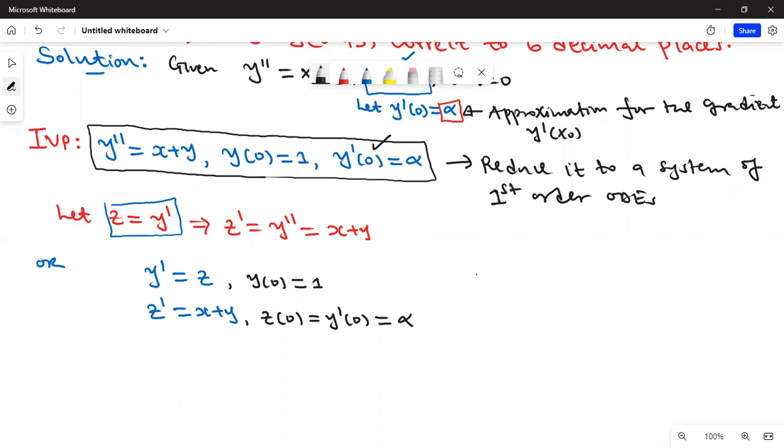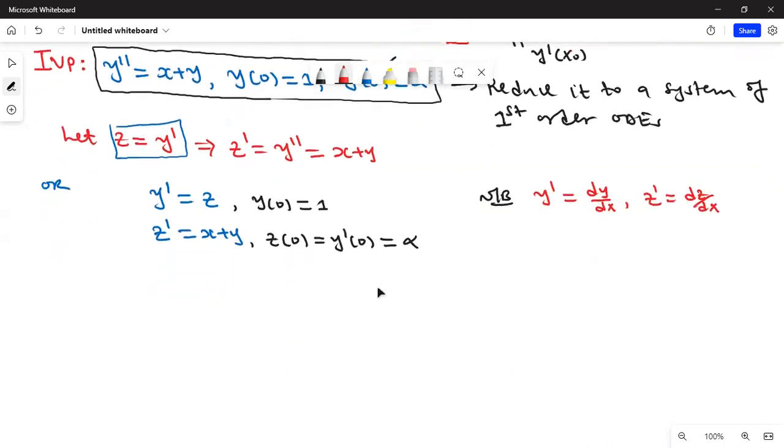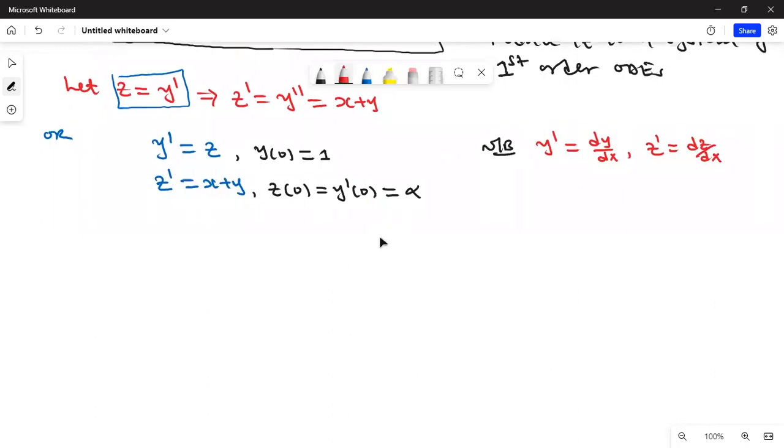So remember, take note that when I write y prime, it is the same as dy dx in this case, and when I write z prime, it is the same as dz dx. So this can be written as, when I evaluate at x equals xn, so you can write evaluate at the point x equals xn to get,